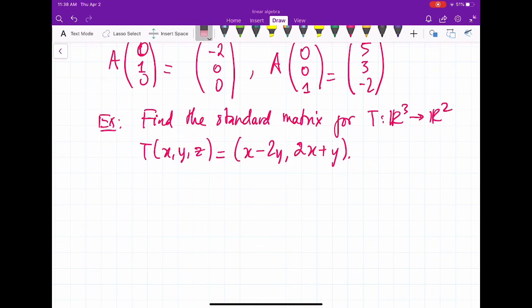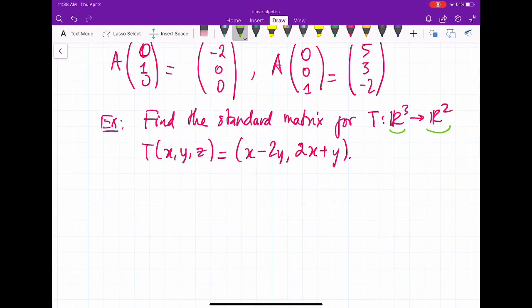We might do it wrong in this example. So our transformation goes from R3 to R2. As we learned in the previous video, the corresponding matrix A_T of T will be a matrix of size 2 by 3,